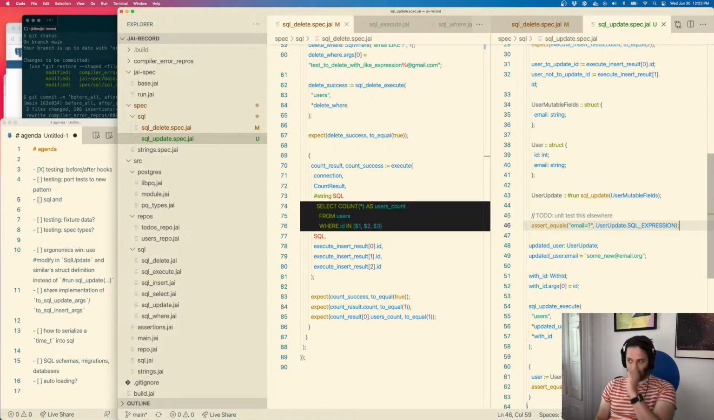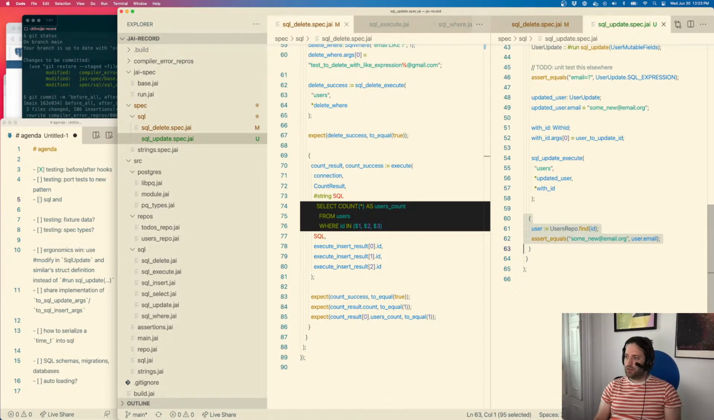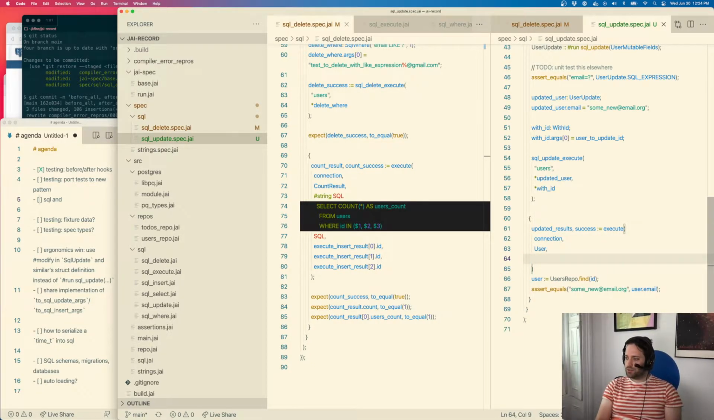What we want to do is more of an integration test. We want to do this, we want to do that. X0 is going to be user to update ID. We want to execute, and this is really the only interesting bit. So the updated results, success, is going to be execute on connection with type user with string and with user to update ID,